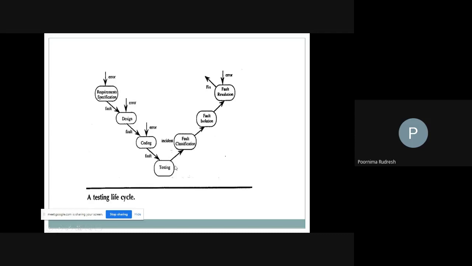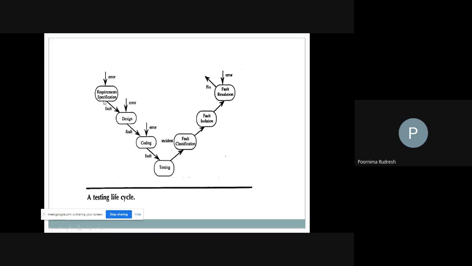This is the central part of the testing life cycle. So what is testing? We are performing the testing to identify the fault or the correct execution of the system. Once it is tested, next the faults or the errors are identified, and those errors or faults we are classifying. Then we need to debug that so that the errors can be removed. So in these three stages, we are putting the errors into the system, and in these three stages, we are getting the errors out of the system.